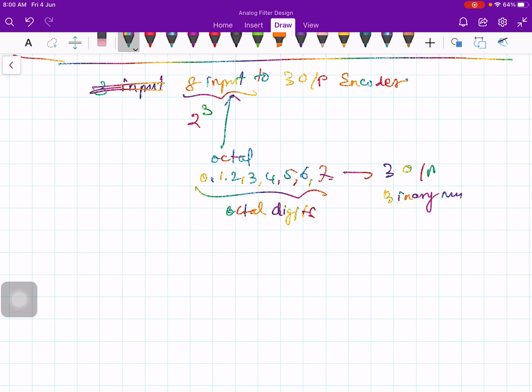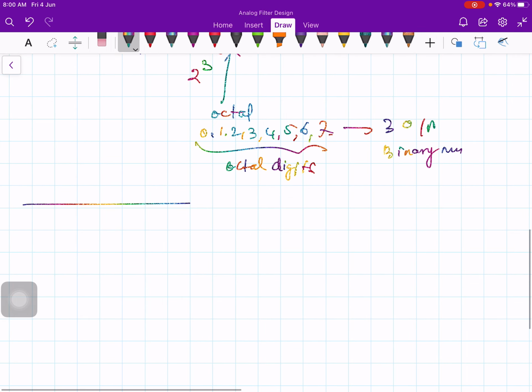It is assumed that only one input has a value of 1 at any given time. That means you can't press 2 buttons at a time on any device. Even if you do, there will be some time delay. For example, take your calculator and press 0 and 1 simultaneously; there will be a small time delay, so either 0 or 1 will be pressed first. You can't press 2 buttons at the same time. You will press any one button at a time, and that button will be activated.